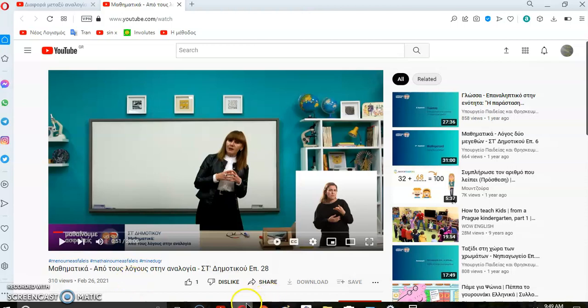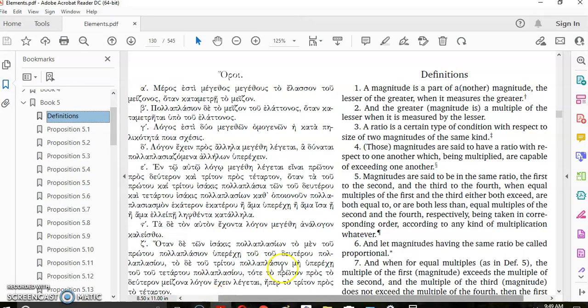So she actually defines that pretty accurately, because in definition 3 of Euclid's Elements, it says, λόγος ἐστὶ δύο μεγεθῶν ὁμογενῶν ἡ κατὰ πηλικότητα ποιὰ σχέσις. So, you see,